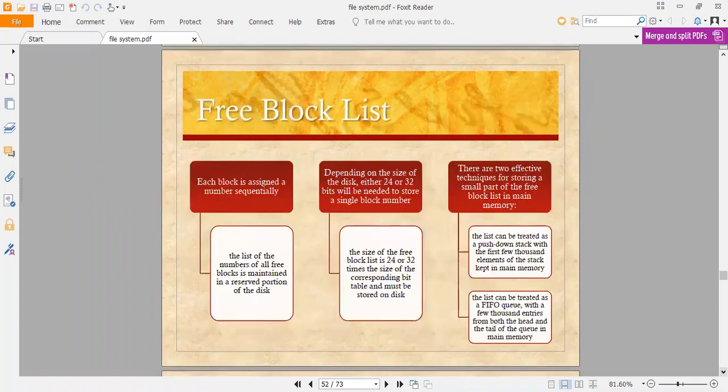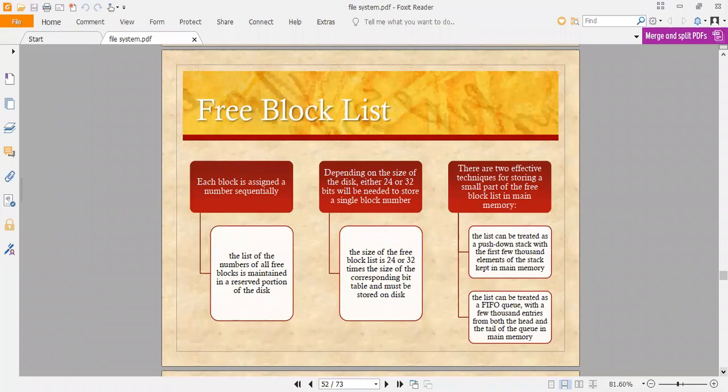Then we can maintain a free block list as well. Each block is assigned a number sequentially, and the list of the numbers of all free blocks is maintained in a reserved portion of the disk. And depending on the size of the disk, either 24 or 32 bits will be needed to store a single block number, right?